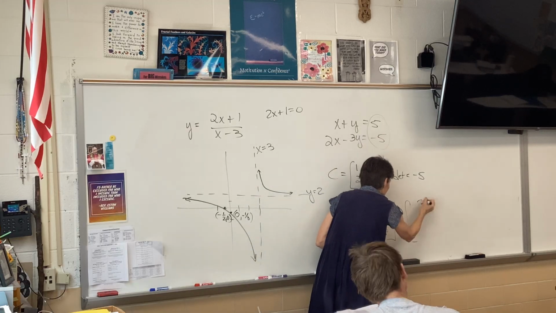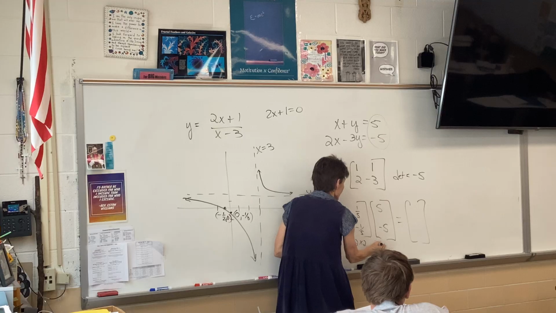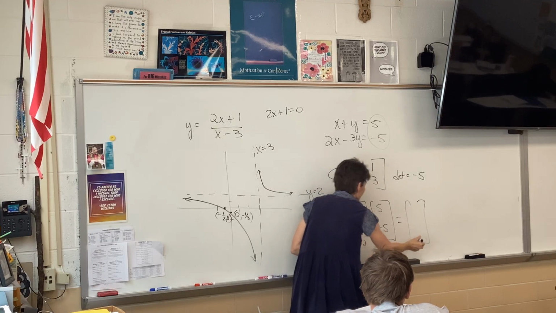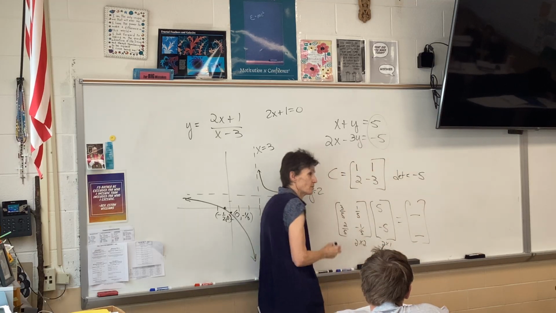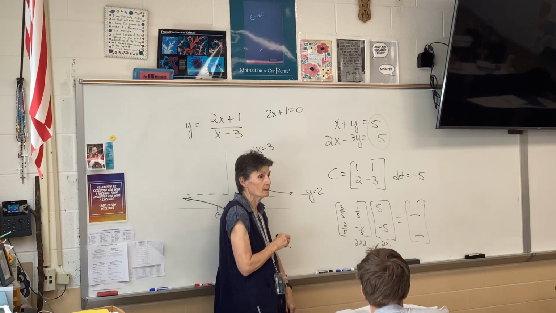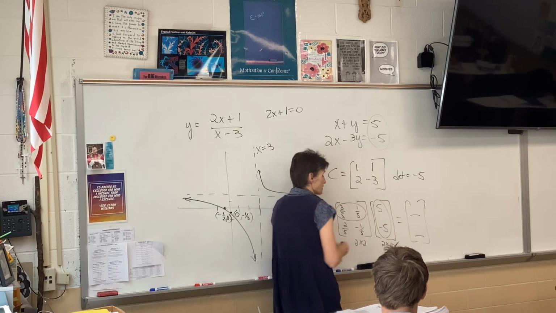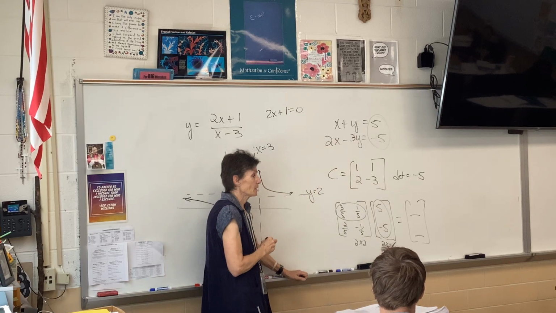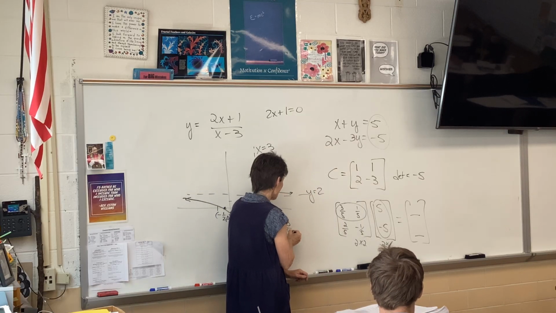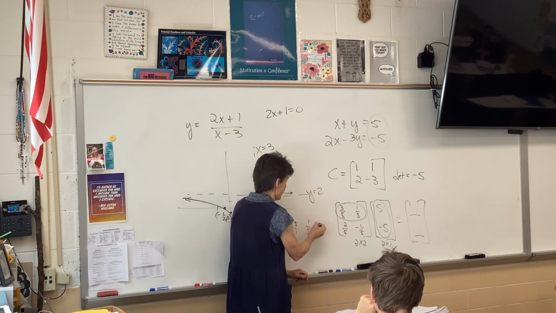So it's a 2x2 and a 2x1. This is going to be another 2x1, so 2 rows, 1 column. Then you bring in these times these. So 3/5 and 1/5 times 5